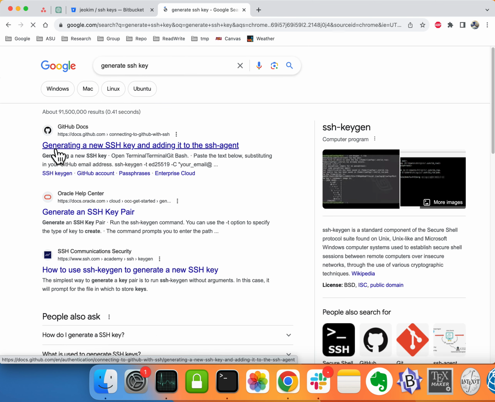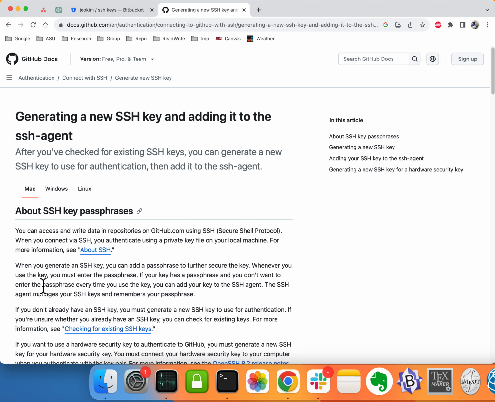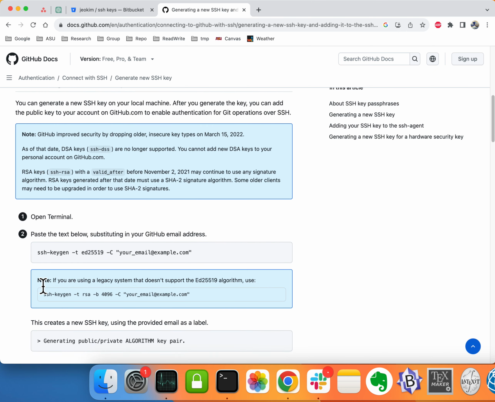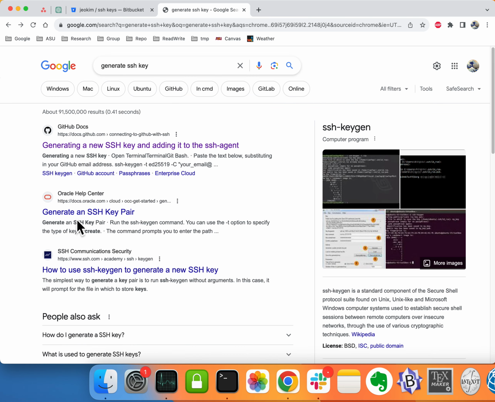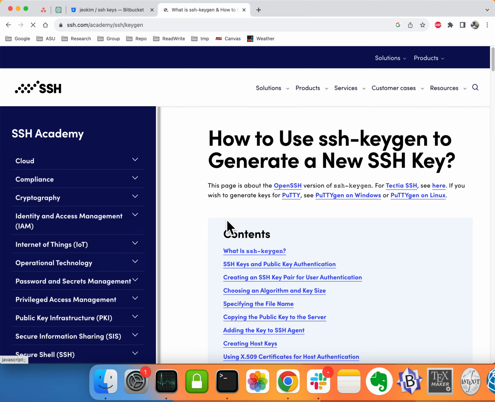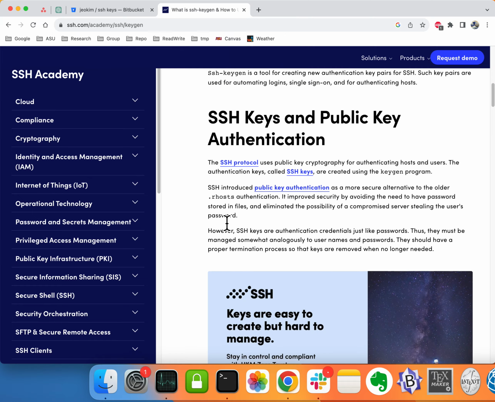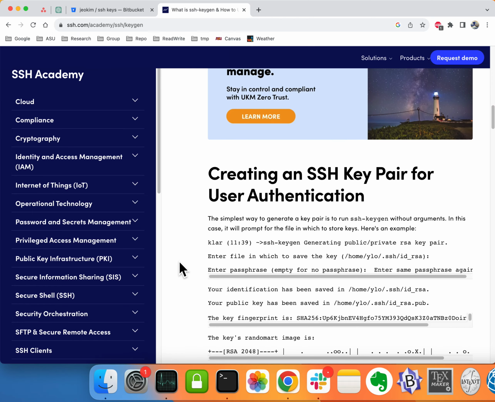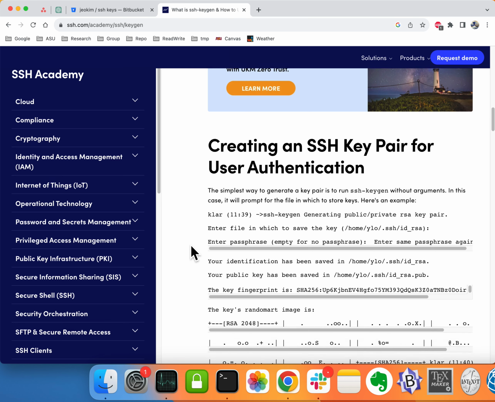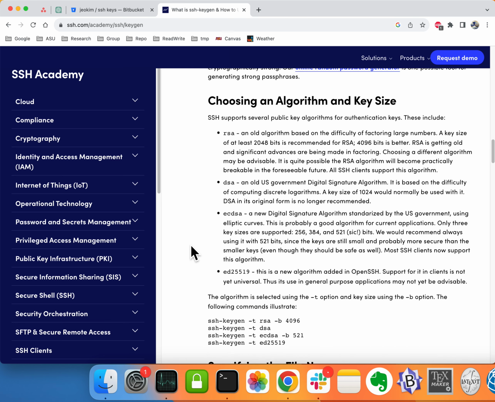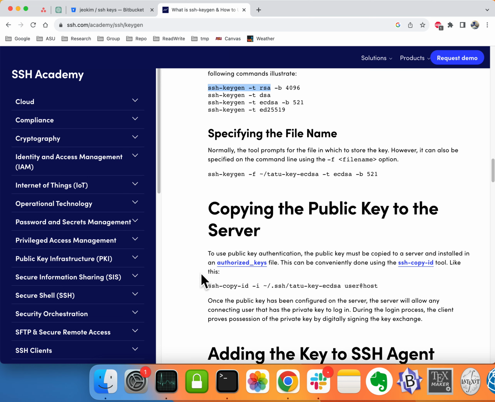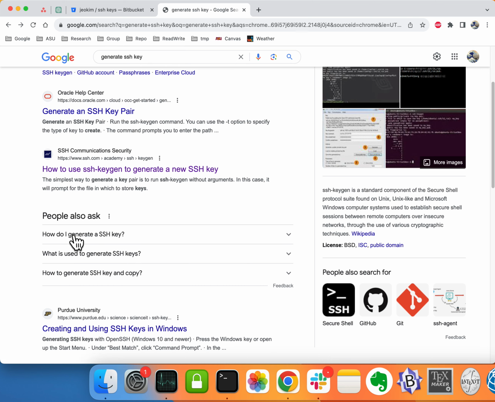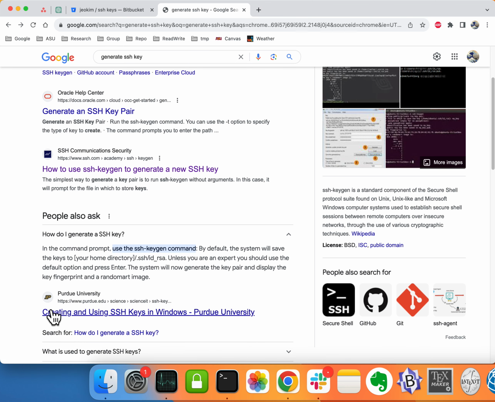It's taking some time. Generate new SSH key, SSH agent. So this is a different resource. Maybe this is not the one I'm trying to find. Keygen. Okay, there is a lot of information. So when you use Linux, what's most important is to find the information efficiently without spending too much time. Maybe this one. I'm not 100% sure. How do I generate SSH? Okay, maybe